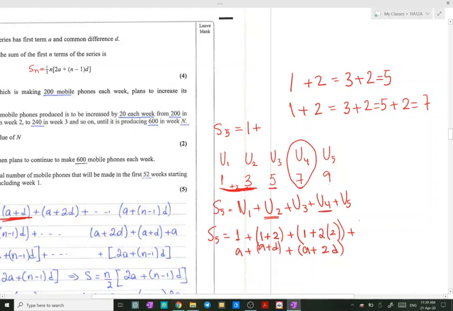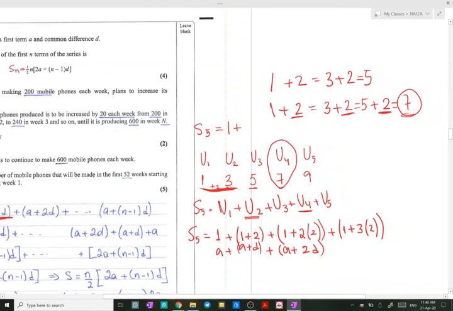So I can write it as the first term plus 3 times the common difference, because we added once, twice, 3 times the common difference in order to reach 7. So in a general form, it is A plus 3 times the common difference D, plus